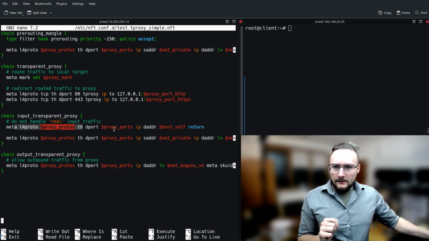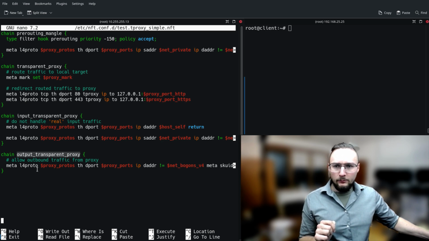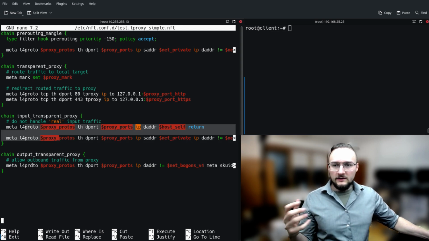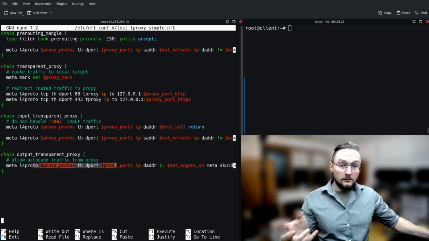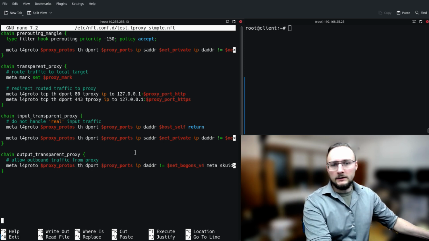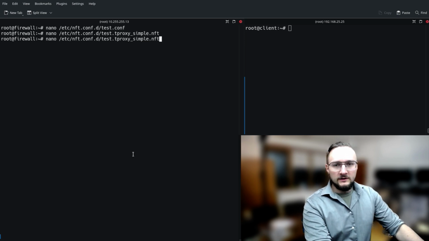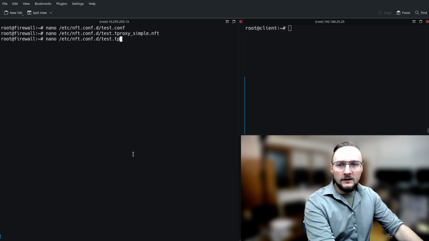Okay, now we also need to allow input and output traffic, so traffic to the proxy service and outbound traffic from the proxy service. And that's pretty much it for the basic transparent proxy setup in the firewalling. And now let's also take a quick look at the DNS